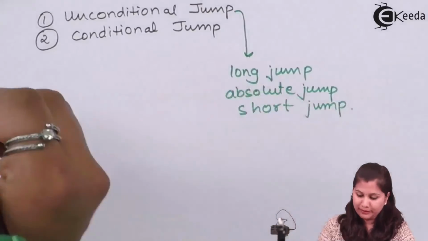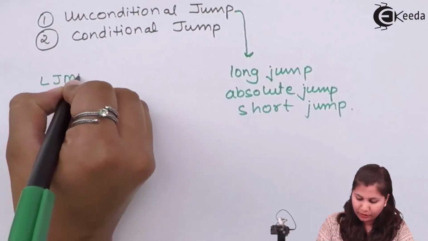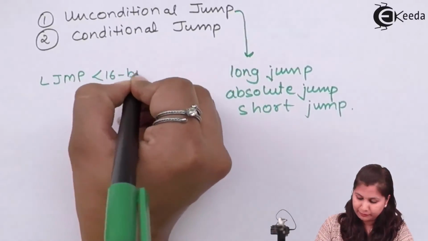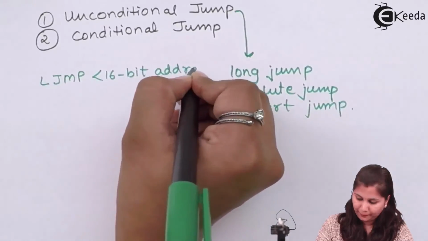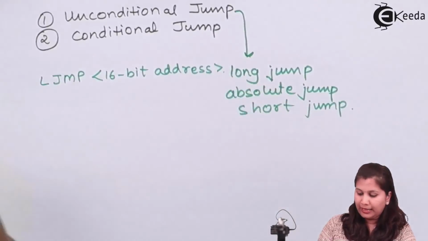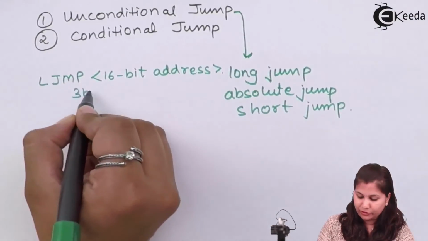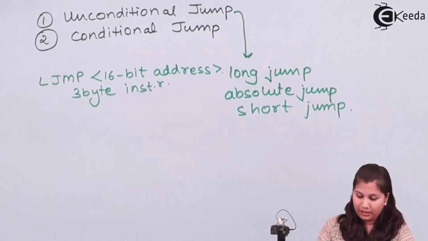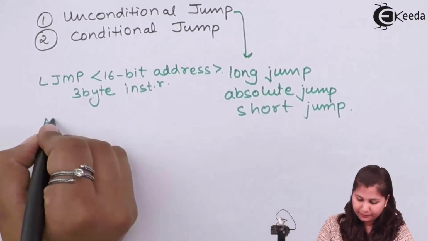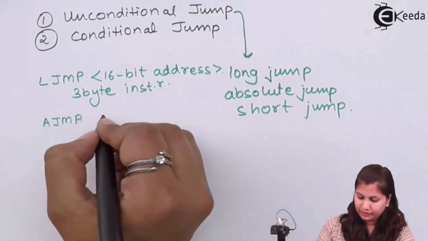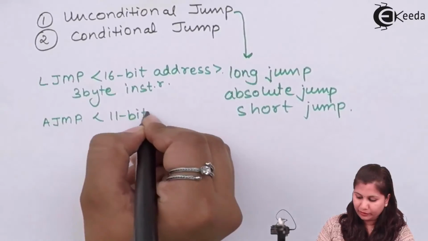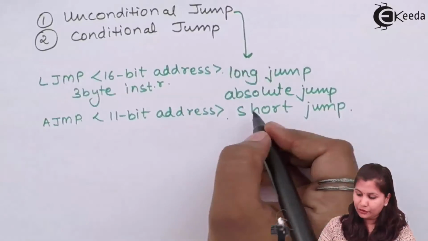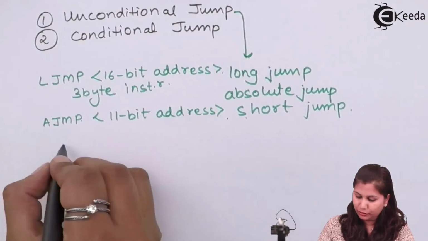First, the long jump instruction. For this we have the mnemonic L jump, which is a 3-byte instruction. Here we specify the 16-bit address. This is a 3-byte instruction, as we studied earlier. Next we have the A jump, in which we specify the 11-bit address. And then the short jump instruction, which is a 2-byte instruction,